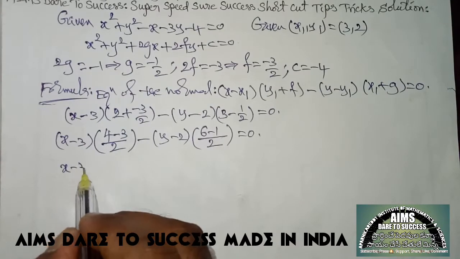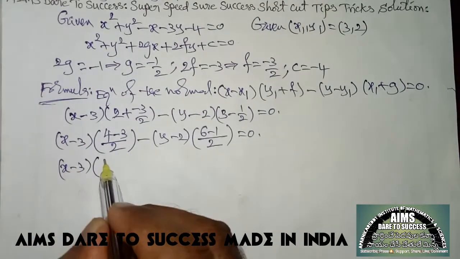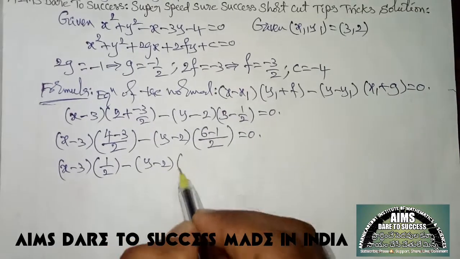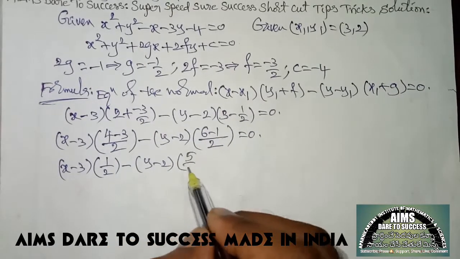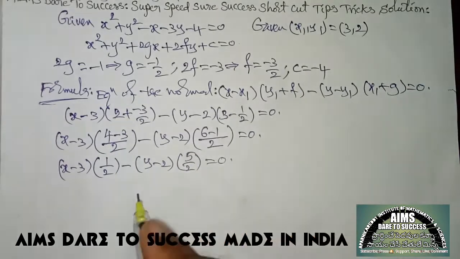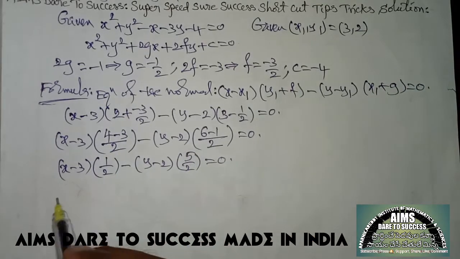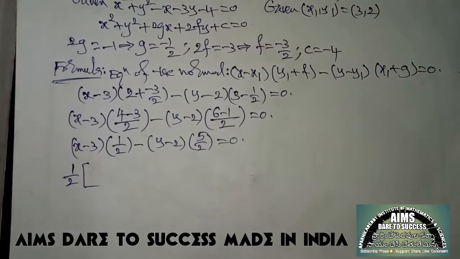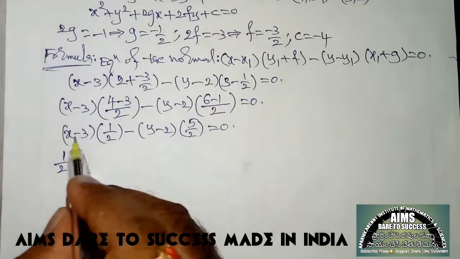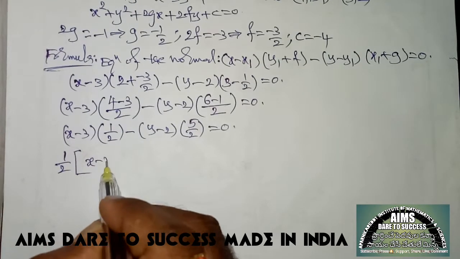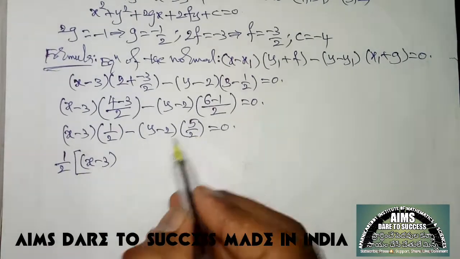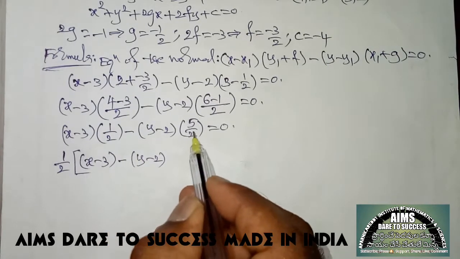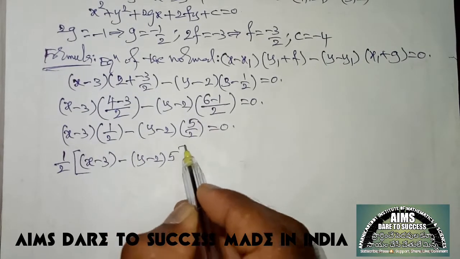Now x minus 3 into 4 minus 3 is 1 by 2 minus y minus 2 into 6 minus 1 is 5 by 2 is equal to 0. 1 by 2 and 5 by 2, I wanted to take directly 1 by 2 common. So after taking 1 by 2 common, remaining value is x minus 3 as it is, my dear students and friends. After that minus y minus 2 into, here 1 by 2 went outside, remaining value only 5 is equal